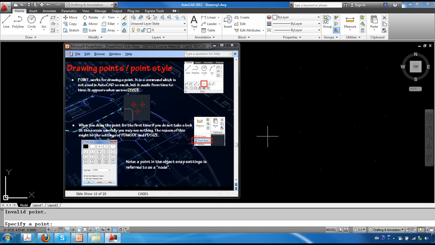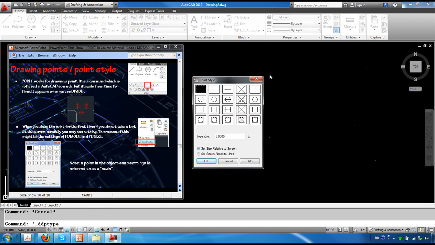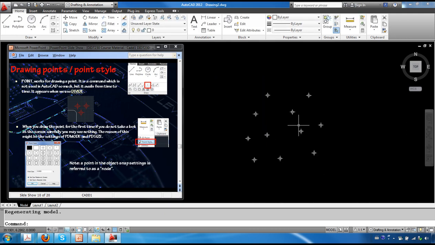Now let me also show you different ways of viewing these points. If I go under my utilities panel, there's point style. Currently your point style is set at just this little white dot. You can see that I can create different styles of points. Let's say I want to choose this one right here, or this one right here. So I'll go ahead and click OK, and you can now see I can clearly see my points a